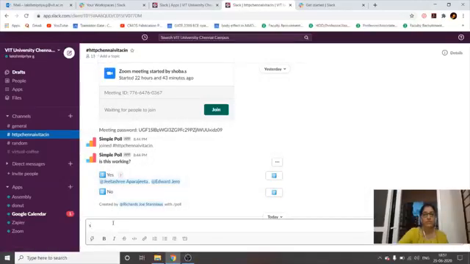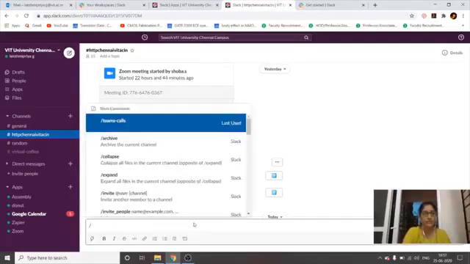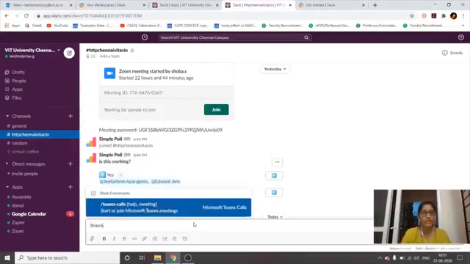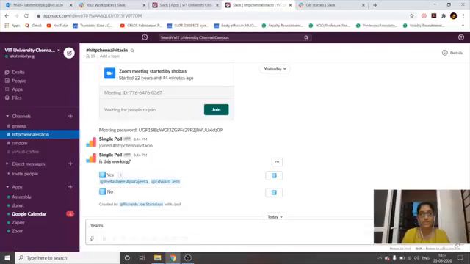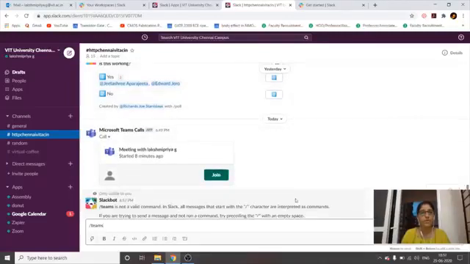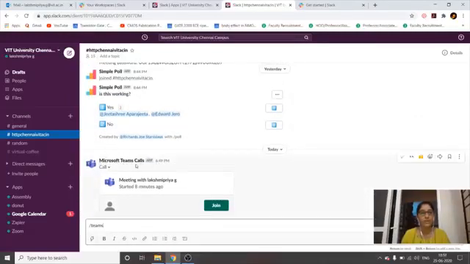So I'm just going to try to initiate a call or a meeting in Microsoft Teams calls. The command that we have to give is a backslash. This is a shortcut key for initiating our meeting through Teams. So just type backslash, type Teams, and just enter, send message. So it will show that Microsoft Teams calls has initiated a meeting with Lakshmi Priya ji.